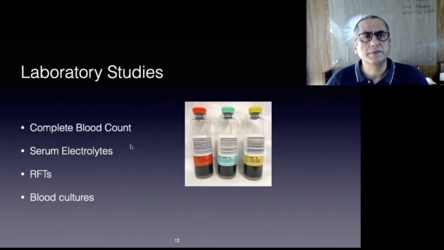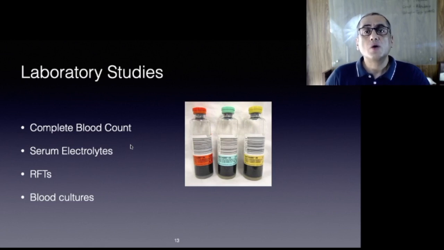Now, a CBC may reveal leukocytosis, though leukocytosis may be absent in elderly patients. Elevated packed blood cell volume suggests a shift of intravascular fluid. Blood cultures for aerobic and anaerobic organisms are indicated. Findings from liver function and renal function tests may be within reference ranges, or nearly so, if no pre-existing disorder